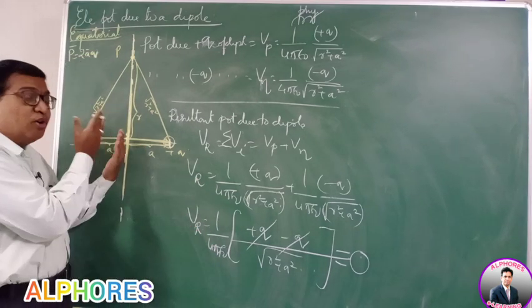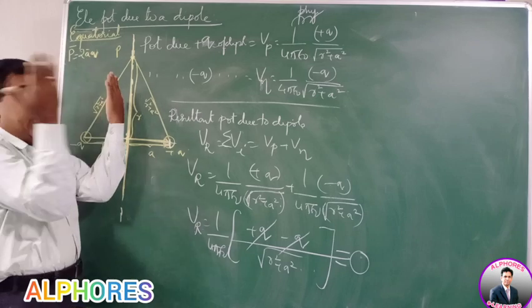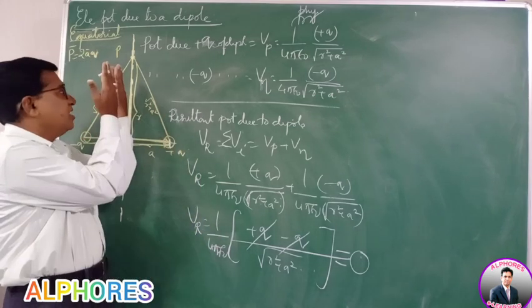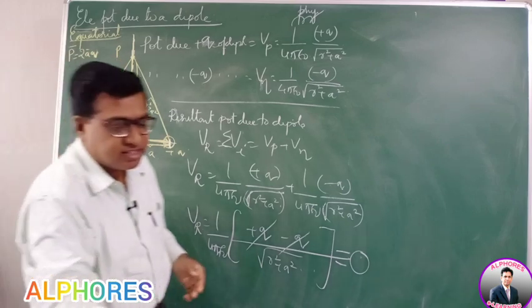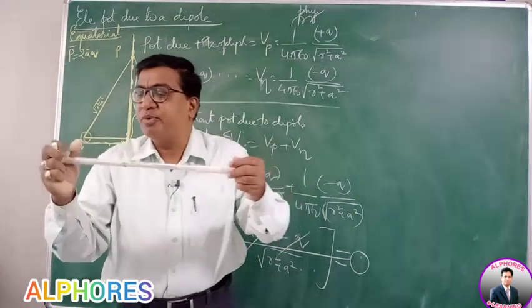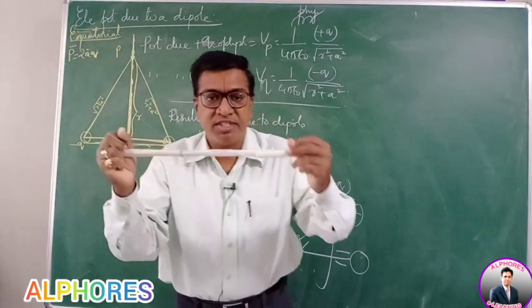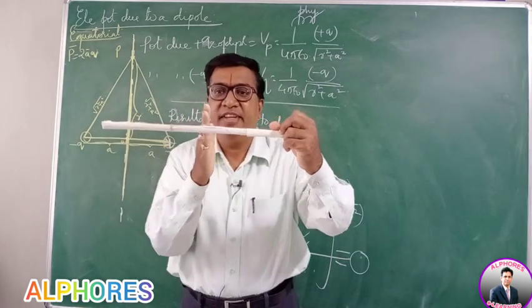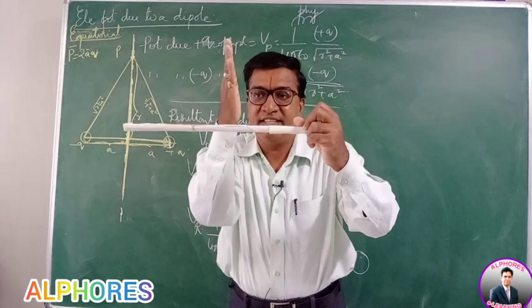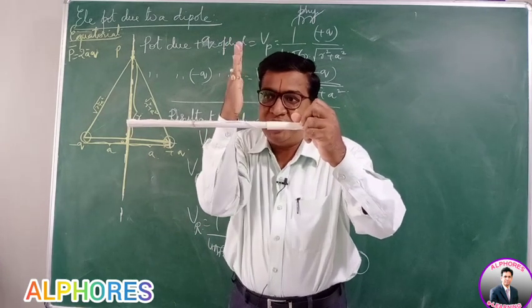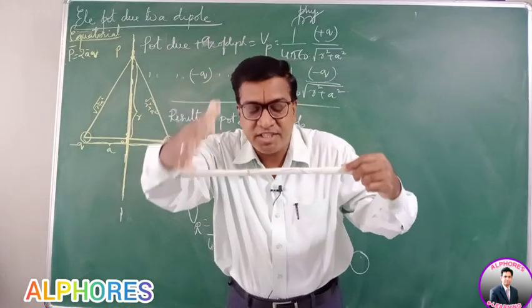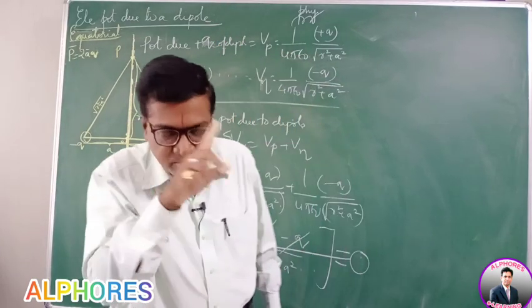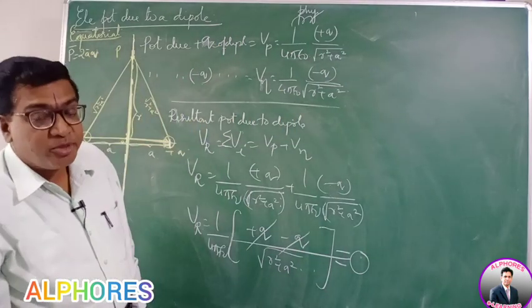Not only the line, if you consider a plane, imagine a plane like this. Imagine an equatorial plane between two equal and opposite charges. Let's suppose this is the positive charge and this is the negative charge. Then in between, imagine a sheet which is perpendicular to this and passes through the center. At all the points on that sheet, the resultant potential is 0.